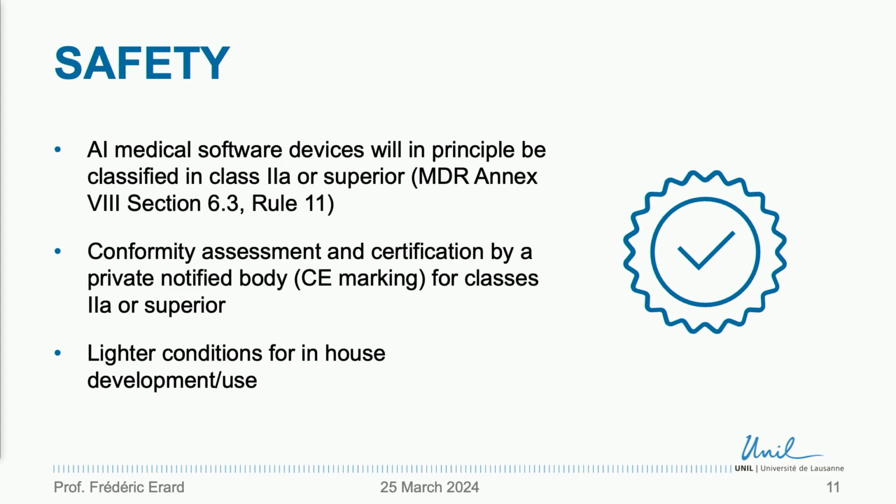If you take AI medical software, in principle, it will be classified 2A or superior. You probably know that there are several classes for medical devices: 1, 2A, 2B, 3. 2A and superior, what are the consequences here? It will need a conformity assessment by a third party, a private notified body. They will assess the information, and at the end it will lead to the CE marking for this kind of